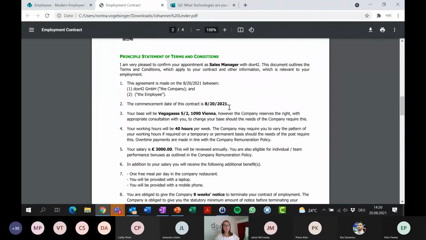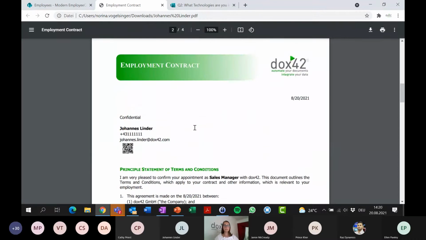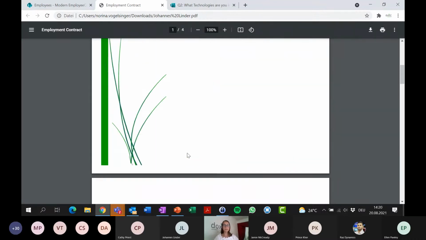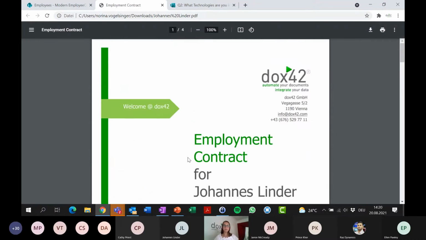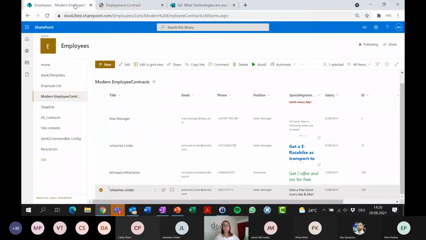All right, and now we're going to switch. This was now the user, so when you're in Teams, you're creating or editing documents. But now we're going to show how you actually edit the template. So for this employee contract, we used a Word document, and that's also saved on our SharePoint.